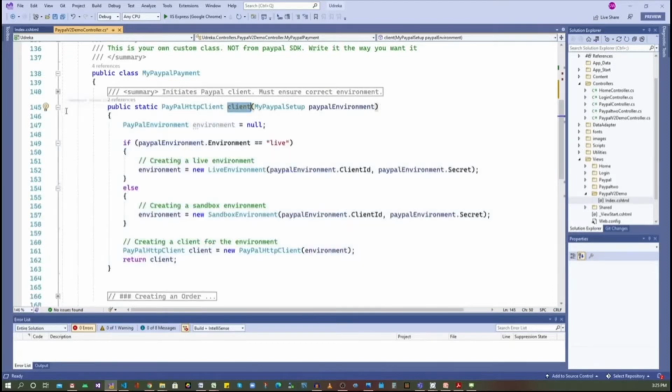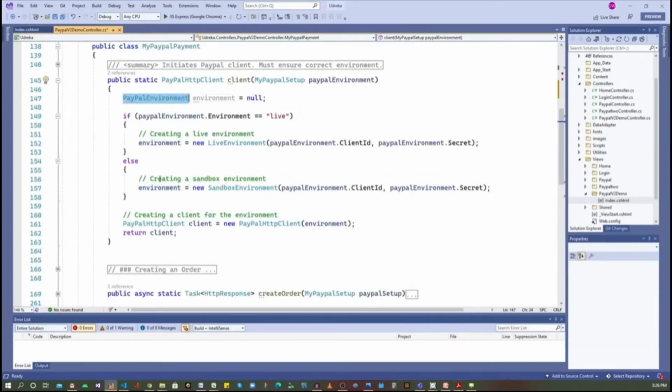It will simply take in the environment details, and based on the environment, whether it's live or sandbox, it will instantiate the classes from the PayPal checkout SDK. So if the environment is live, it will instantiate a live environment providing the client ID and secret. Otherwise, it will create the sandbox environment. Very simple.